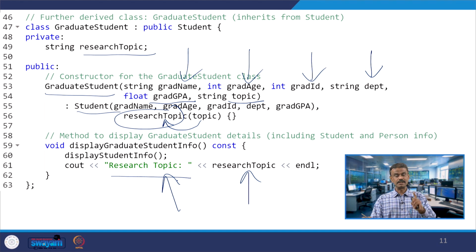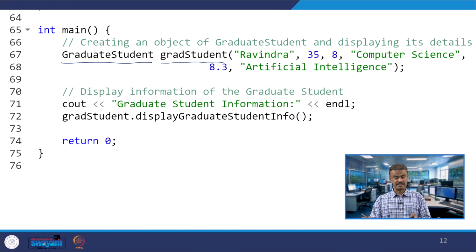So, I will get 6 outputs: Ravindra, age 35, ID 8, computer science department, CGPA 8.3, research topic artificial intelligence. The first 3 are the base class, the next, computer science and 8.3, are the derived class student, and the last one is under the graduate student constructor.